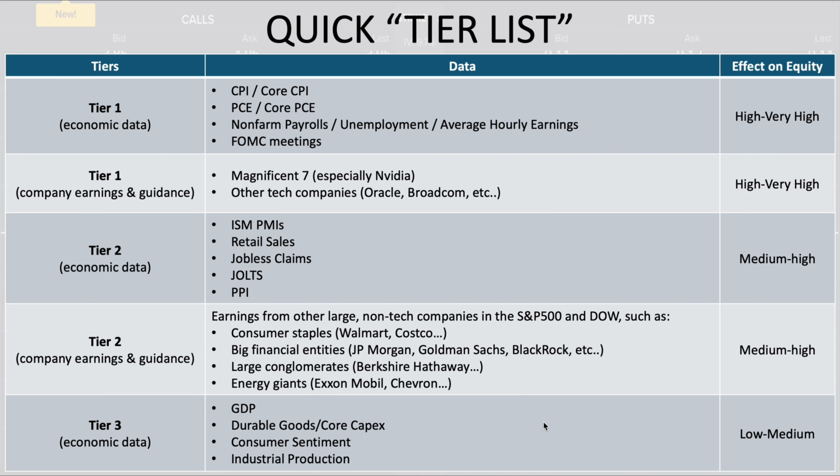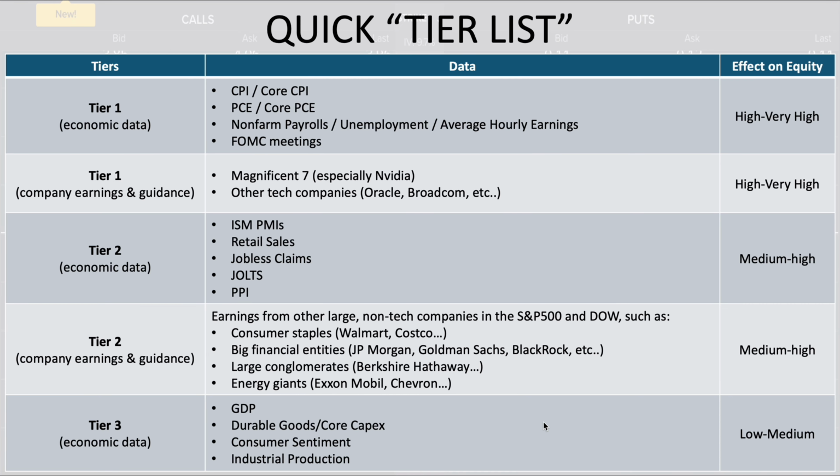Again, also tier 1, company earnings. We didn't speak about that before, because it's rather obvious what happens when earnings are released. But when it comes to company earnings, the most important ones, the Magnificent Seven tech firms,